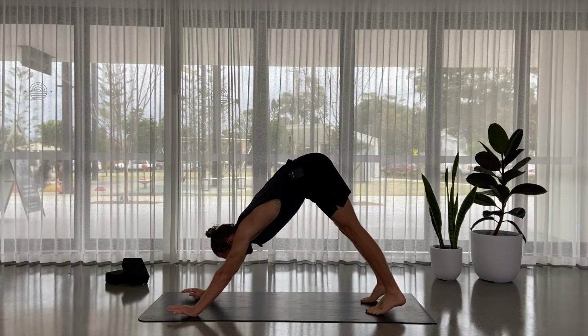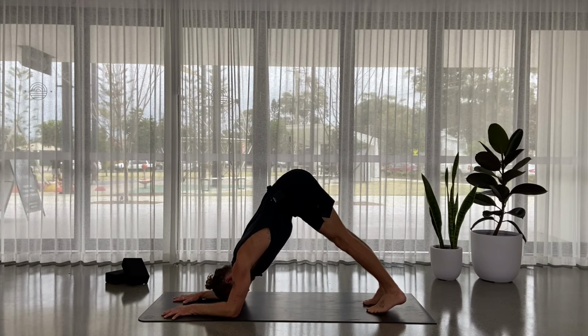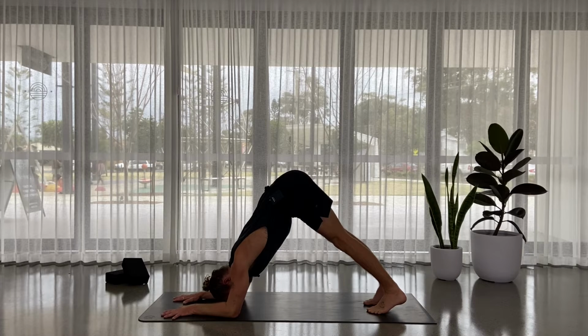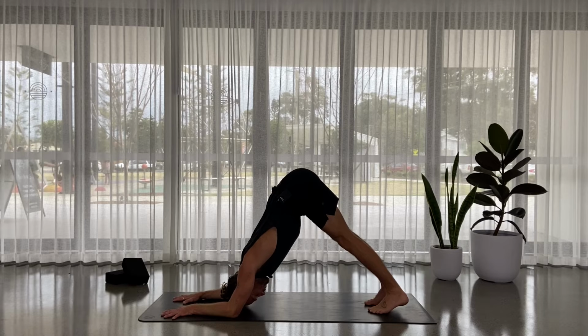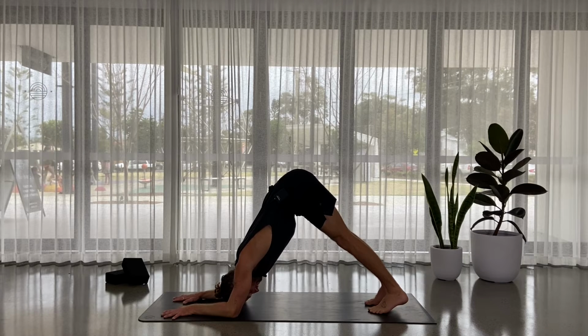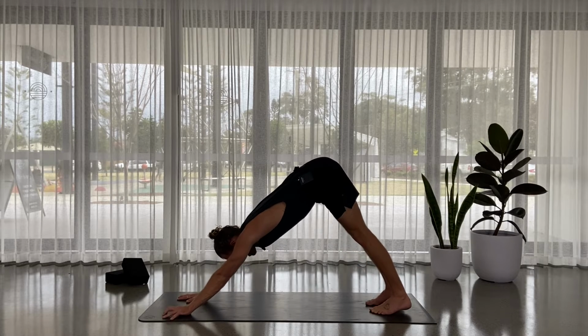From downward facing dog, soften your elbows down to your mat, dolphin pose. This is our rest. Deep breaths here. Drive through your elbows. Press your heart through towards your feet a little more. Breathe through your nose if you can. Nice. Now either stay here, or maybe you press into your hands, come to downward facing dog, and slowly lower,